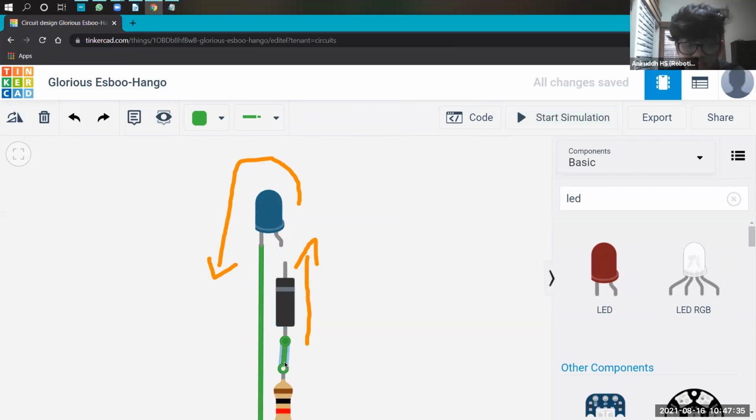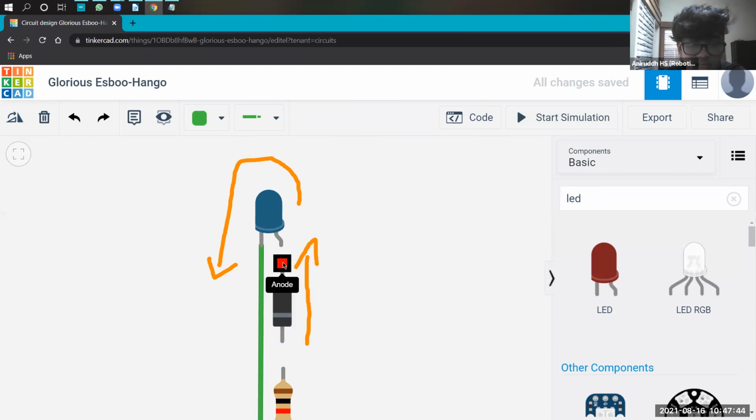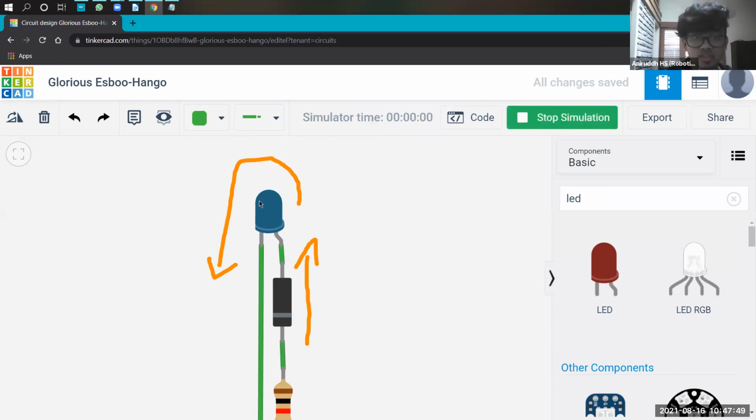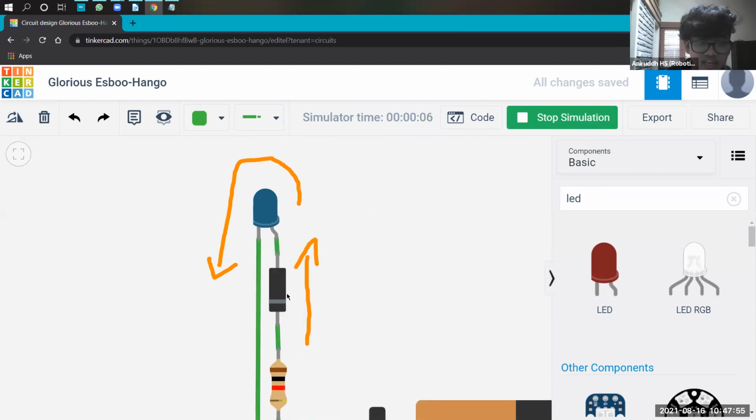I'll just delete these two wires. I'll take the diode and flip it. I'll just turn it around like this. I make the diode the opposite way. Now let me attach it to this thing. Now if I attach it to the circuit and start the simulation, you see the LED doesn't even turn on. The diode will cause a full barricade and it does not allow any electricity to go through this place. So right now, electricity is coming here and this diode will cause a full stop to the electricity. It doesn't allow any electricity to flow through. So that's what the diode does basically.